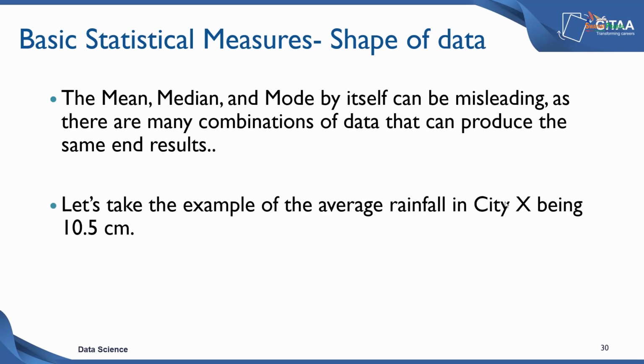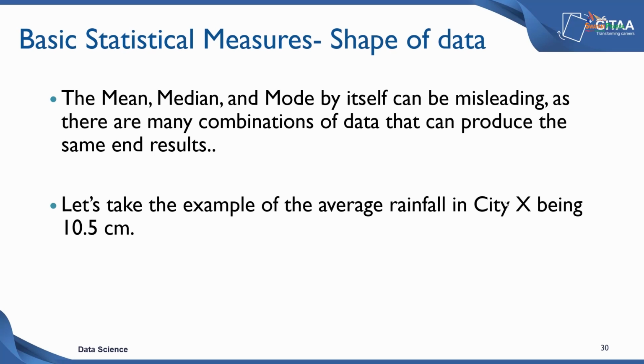So, having gone through the measures of location, which are mean, median and mode, and then the measures of dispersion, which are range, standard deviation, variance and the interquartile range, the third fundamental idea of understanding the nature and characteristics of your data is to understand the shape of data,